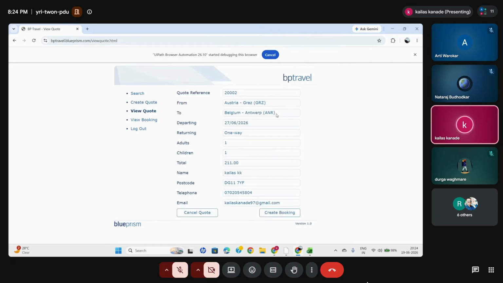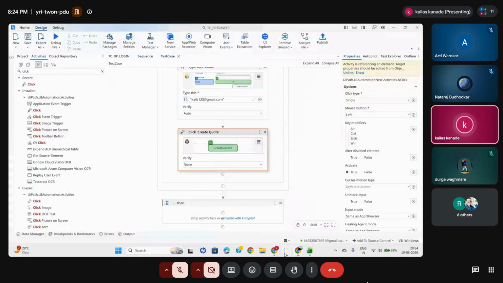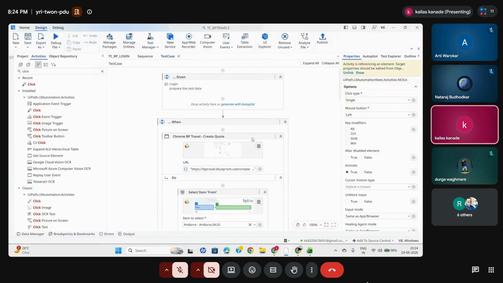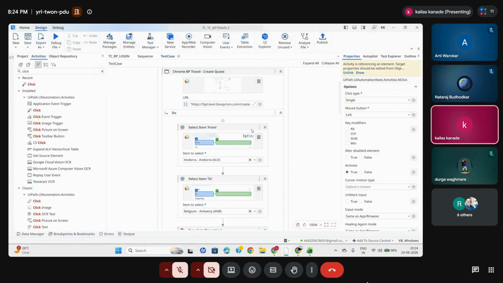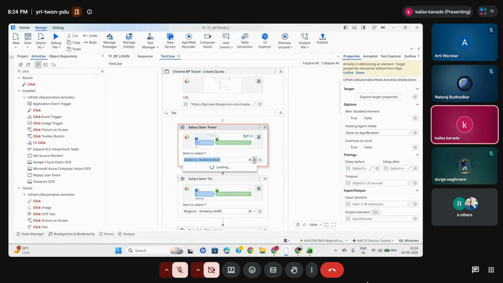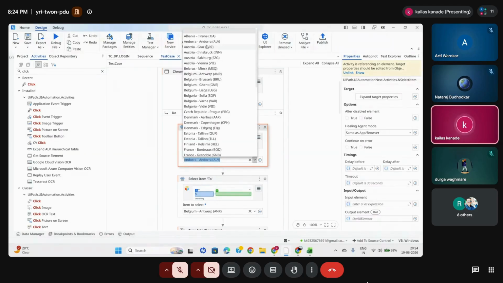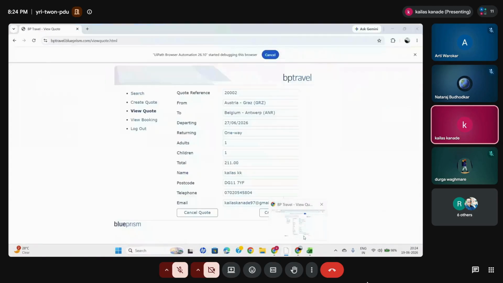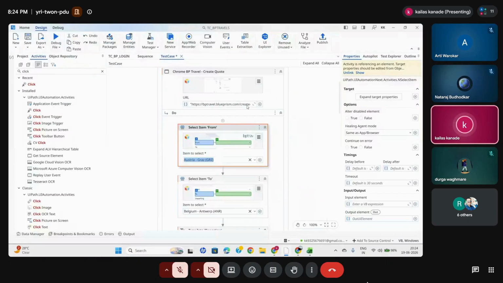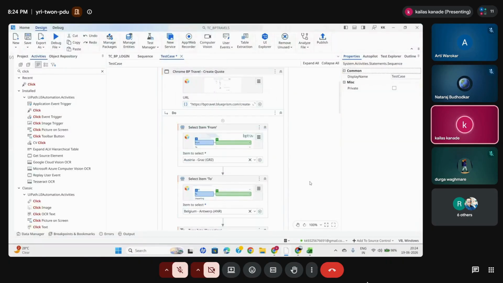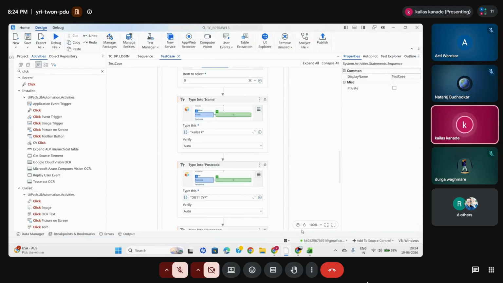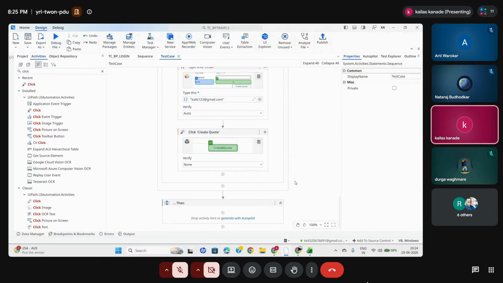I'm going to select the GRZ. And what is the to location? My to location is ANR. Okay, this is fine. So my test case is going to be generated, and once I complete that, we